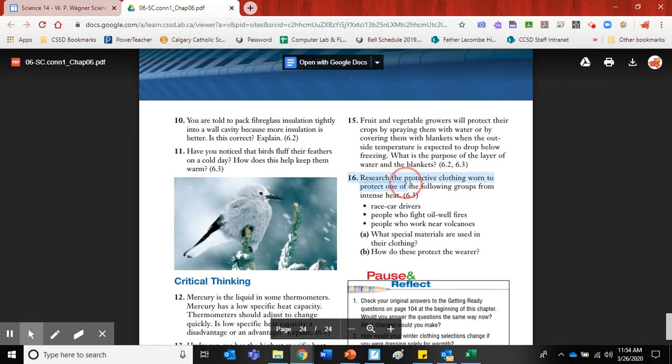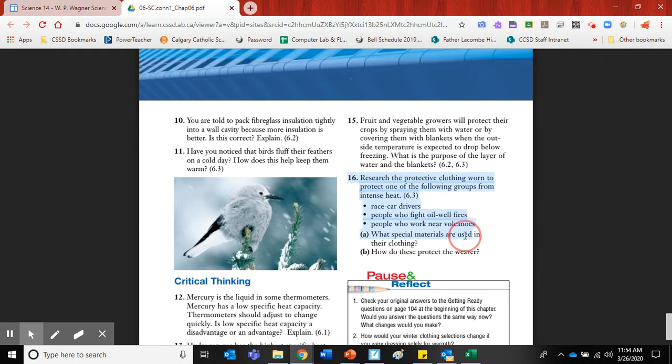Okay, research some of these protective clothing. How do these people wear protective clothing? Okay, fruit and vegetable growers will protect crops by spraying them with water or covering them with blankets. I'm going to have similar questions. I'm not going to ask the exact same questions, but I'm going to ask questions about how to apply this, controlling heat transfer. If you should be able to answer them, you should have no problem answering these types of